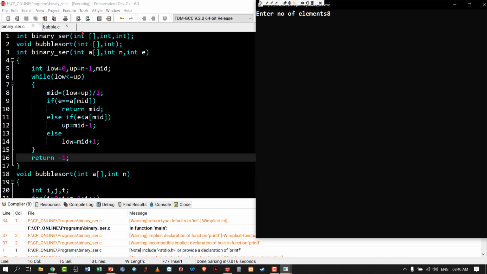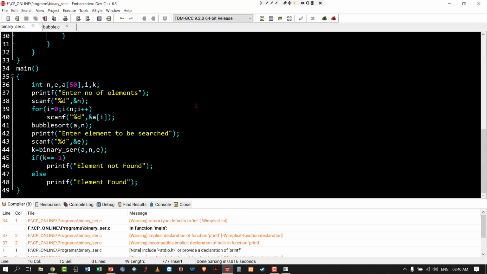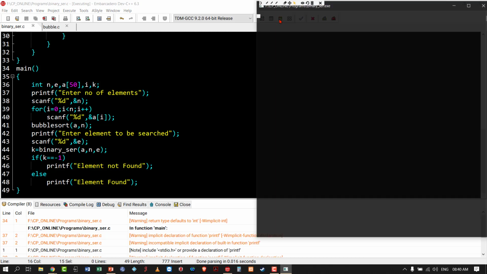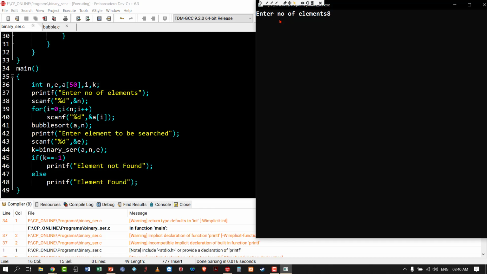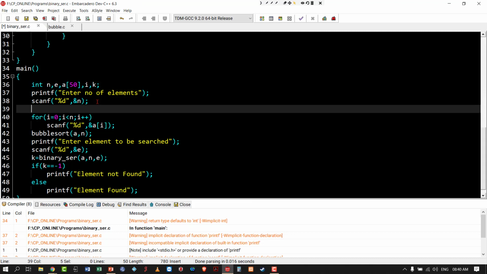8 elements are there. So again, some problem is there. So one more line I am adding.